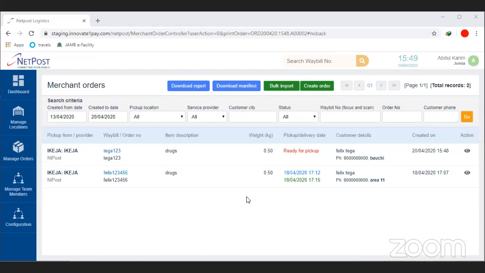So they've sent the item, that the item is ready for pickup. Automatically, this item has been flagged in the NIPOST platform. So NIPOST has two ways to pick this item. Either NIPOST goes via the mobile app to pick up the item,